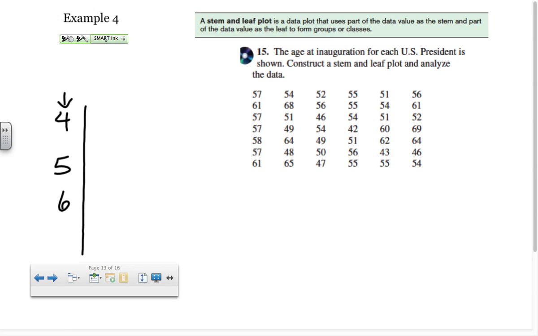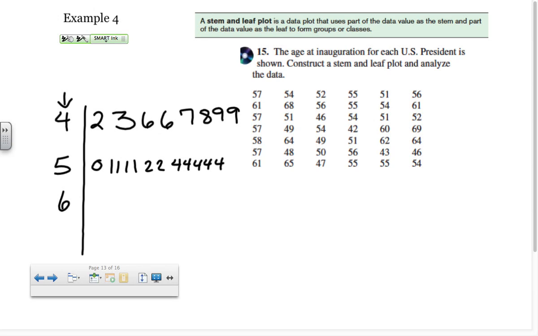I'm not going to go in order by these numbers because I want to show you how it looks when it's neatly in order. So with my 40s, I have a 42, a 43, a 46, a 46, a 47, a 48, and 2 49s. So that's how I would write that out. They must be in order. This is really important. My 50s is huge. I have a 50, and I have 4 51s. I have 2 52s. I have 5